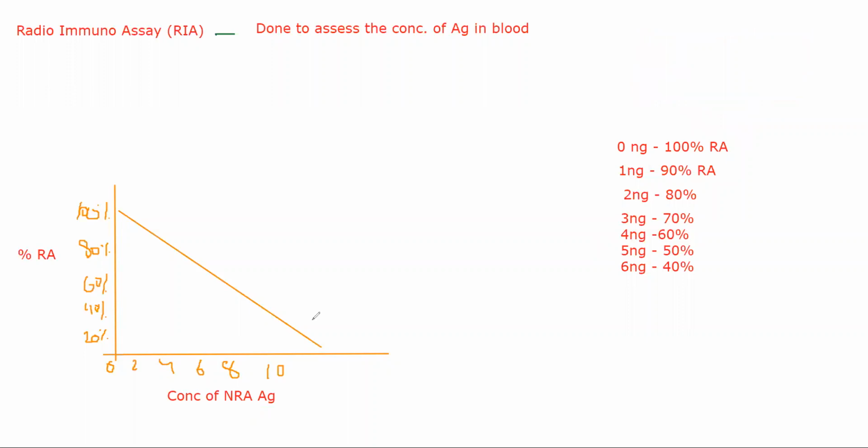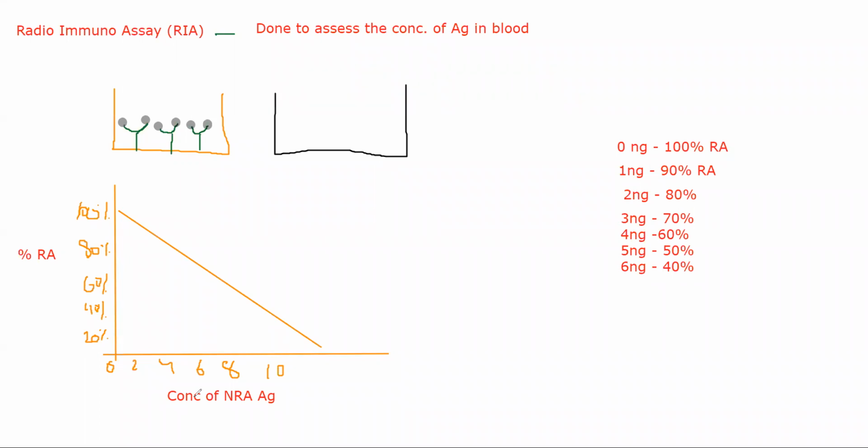Now what I do is, in the initial step, in the previous reaction I was taking a well and in that I was putting these antibodies, right? When I put these antibodies, I am using radioactive antigens. So these are radioactive antigens and they are occupying the place of the antibody. First step. In the second step, I was using non-radioactive antigens, if you remember, right? So non-radioactive antigens were replacing my radioactive antigens present in the well.